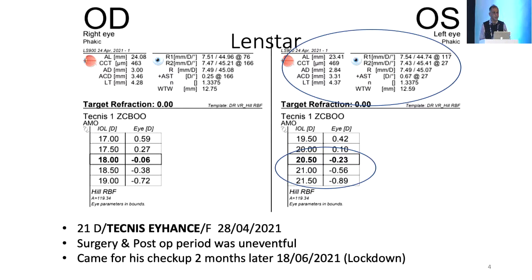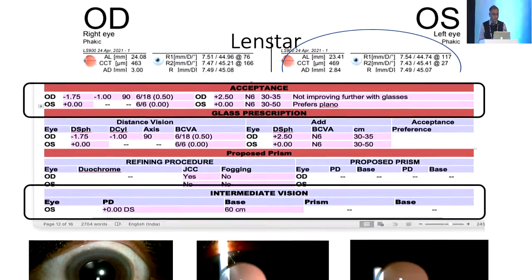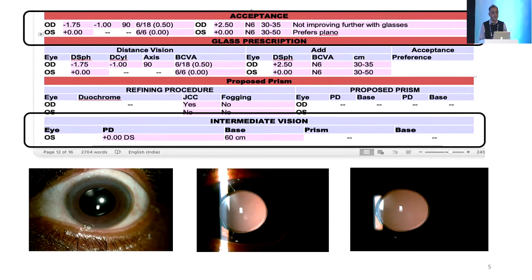It was lockdown period. He came 2 months later. And his uncorrected visual acuity was 6/6 and N6. This is how the eye looked. But how do we explain it? Is it only because of the higher order aberrations or the Eyehance lens, which is the best predictor for this